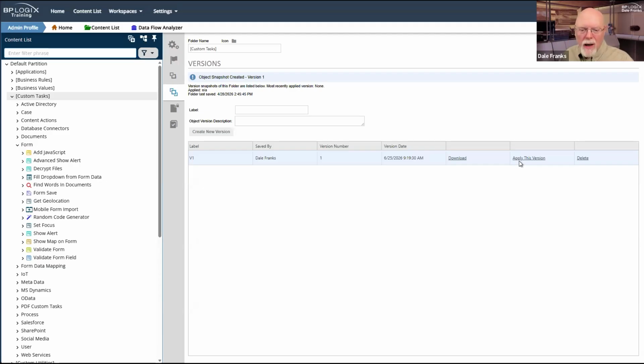If you version every time you import something into Process Director, so I would import my new custom tasks and then immediately come in and create a new version, not just for the custom task, but if you import an application, every time you import that application, you should create a version prior to the import if one doesn't already exist. And then as soon as you do an import, you should also create another version. That way you have a version history. You can always revert back to a previous version.